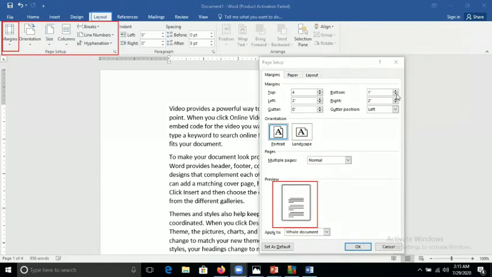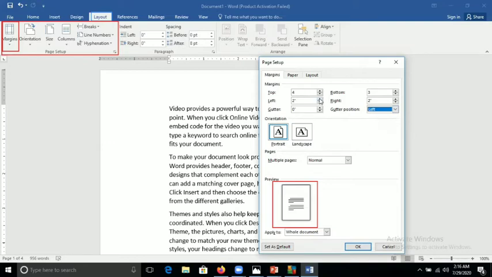See, I am increasing the bottom value. Like I am giving here 3. So you will see in the preview, that will be shown here.